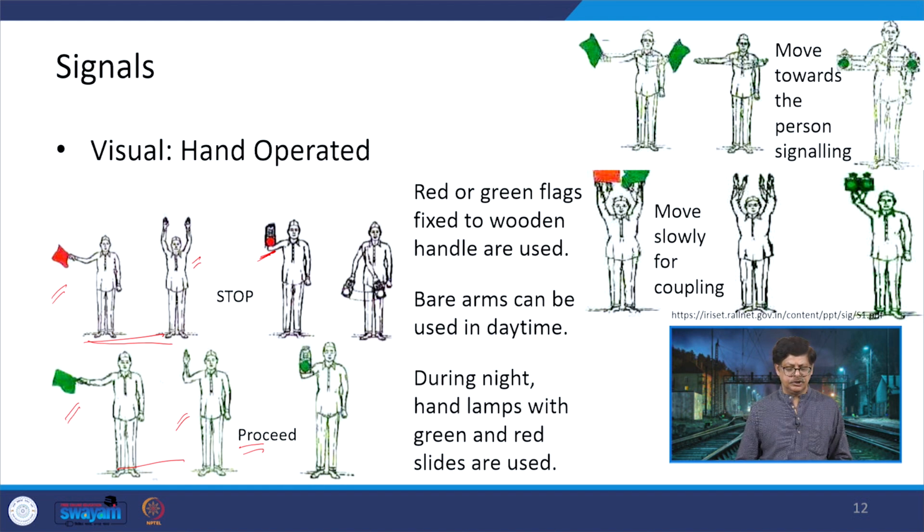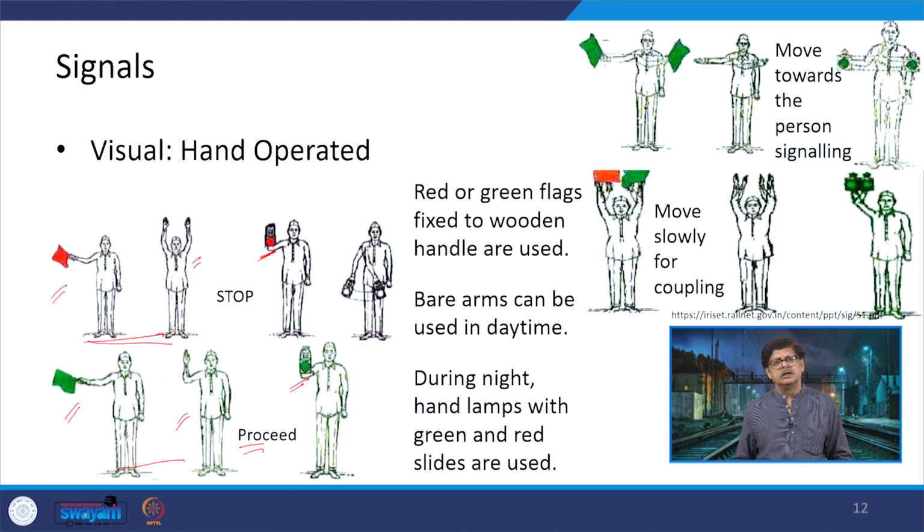So, that means you need to stop, where here it is showing the green light. Then here what you can find is that the flag is there, but that flag is not just being shown like this, it has been made to move in this form, or there can be a hand movement also. So, it says that now the train or the loco pilot can bring the train towards the person who is